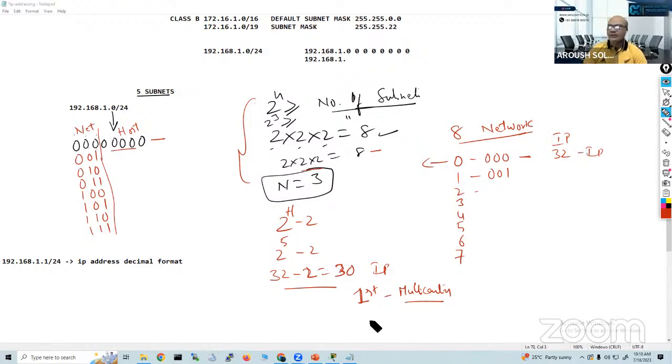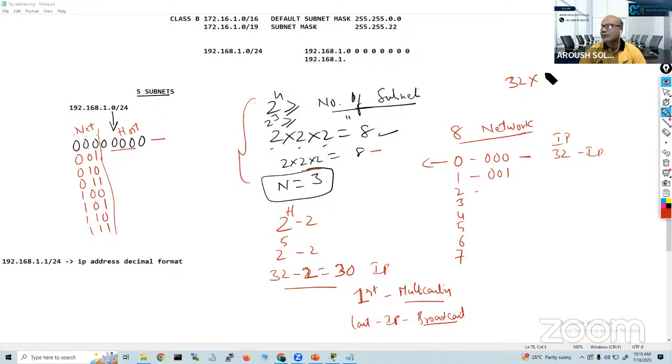Tabrez, understood? First IP and last IP is used for multicast and broadcast. Okay. That's the reason we are using minus 2. Means in each network you will get 32. Okay. Now you calculate